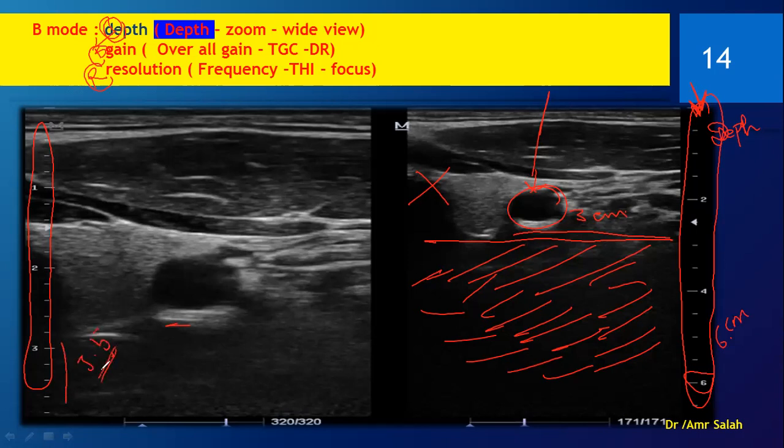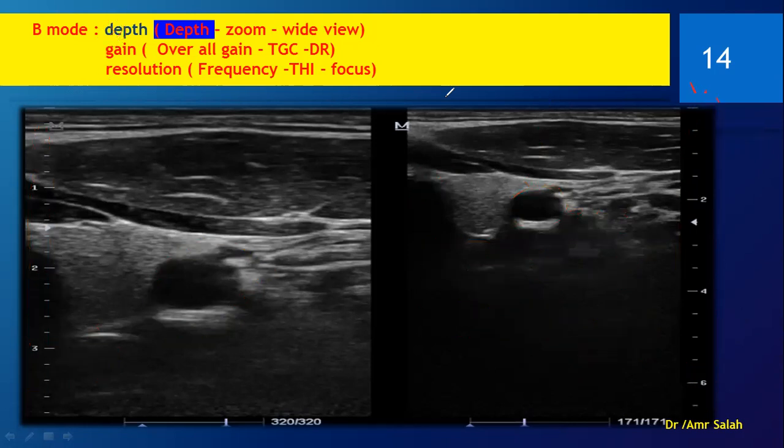Now, the carotid is in the center of our vision, and it is filling the image and we can see it right. So we have to calibrate the depth according to our object of interest, so we can make use of all of the picture.